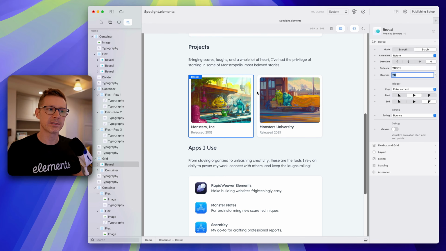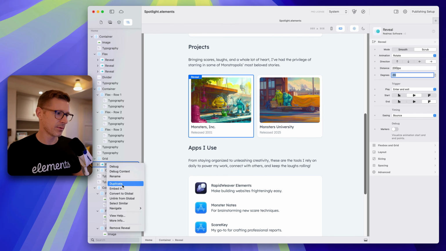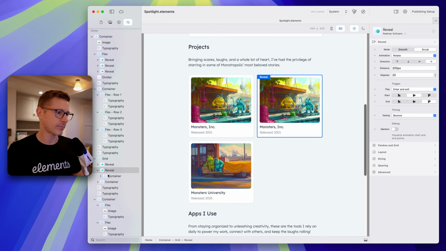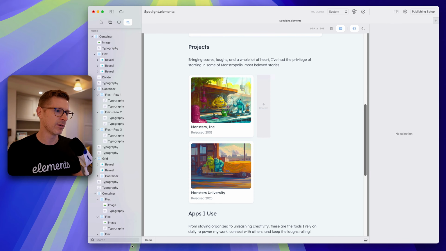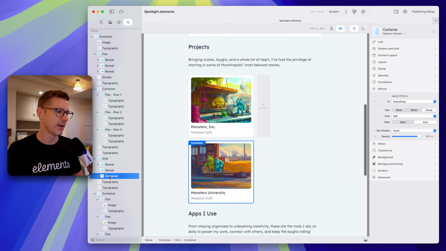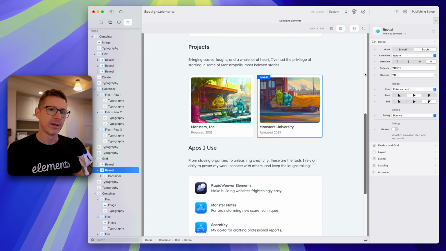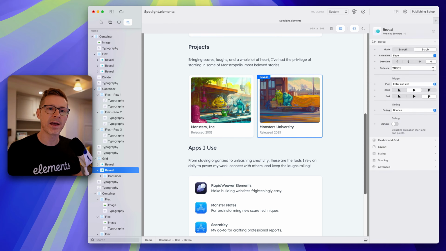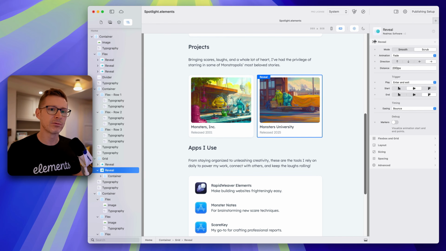So let's switch that back to scrub, and what I'm going to do is duplicate that. I don't need the contents because we've obviously already got this one here, and I'm going to drop that into the reveal. And we want this one to come in the other way. So there, and I want that to fade in. I think this is right. Oh,